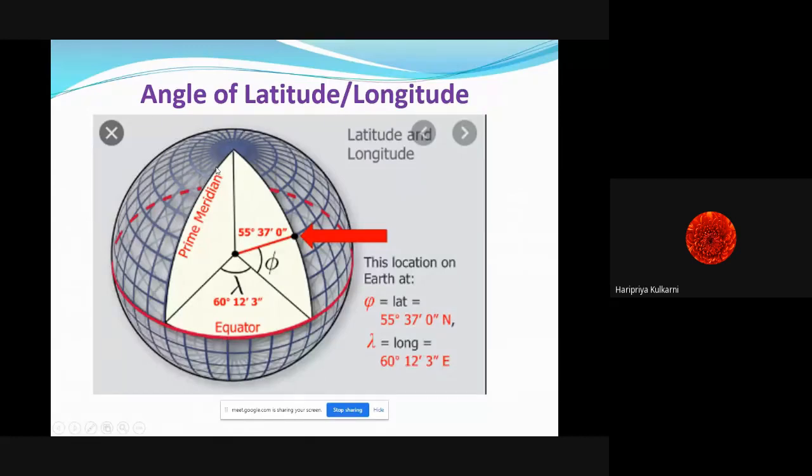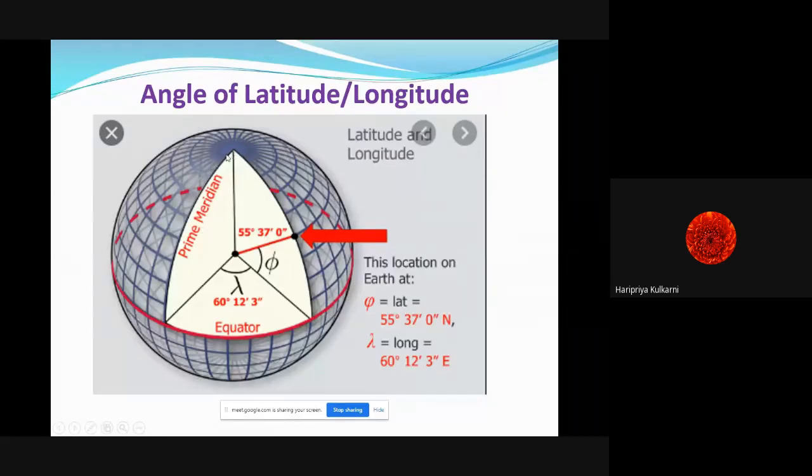If we see the vertical middle point, so this is a globe. If you open out the map of a globe like this circular map and make it horizontal, you have seen this horizontal world map during your school days. Whichever is the middle line, that is called the prime meridian.